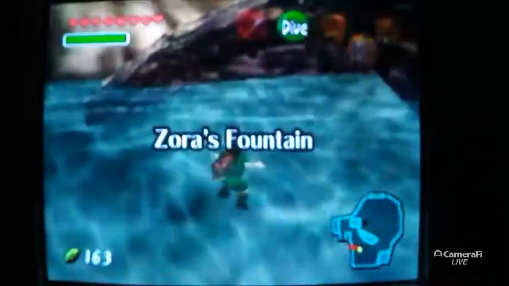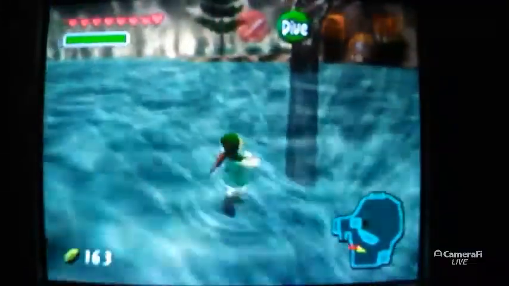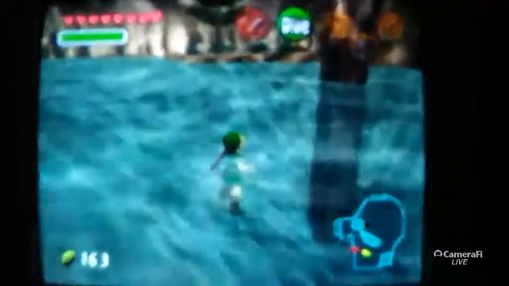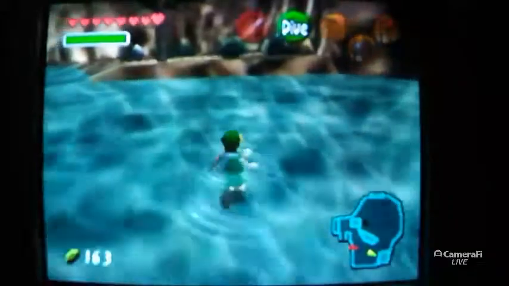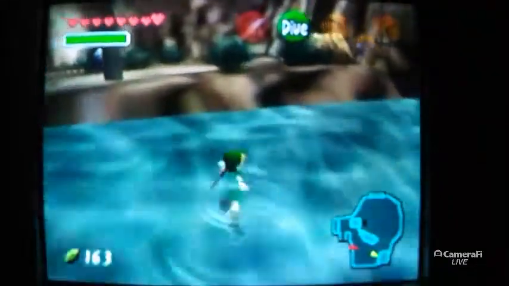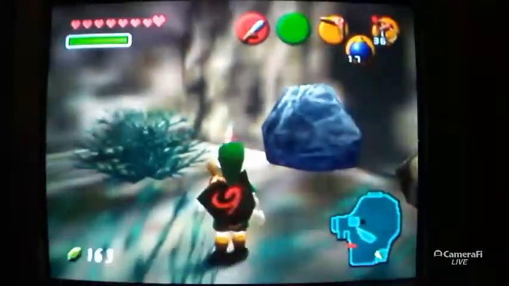And there we go. That is the 3rd dungeon completely done. And right off the bat, instead of trying to head back towards Zora's domain, if you swim this way to this small little island thing over here, if you go ahead and put a bomb in front of this wall here,